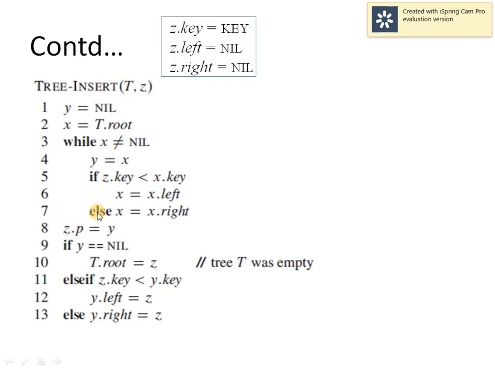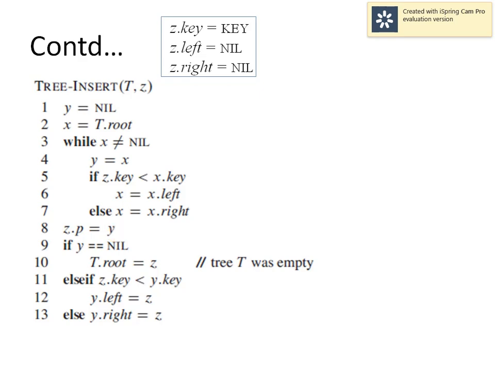So in order to insert that z node, we have to compare the y value with the z value. But before that, since we are maintaining the parent pointer, we have to update the parent also. So during the insertion, all the parent pointers are set. We just have to update the parent pointer of the newly inserted node. Since we know when this loop terminates, y will point to the node which is going to be the parent of the new node z. So accordingly, the parent pointer for z, that is z dot p, will be initialized to y.